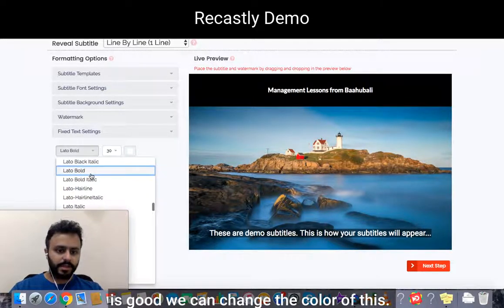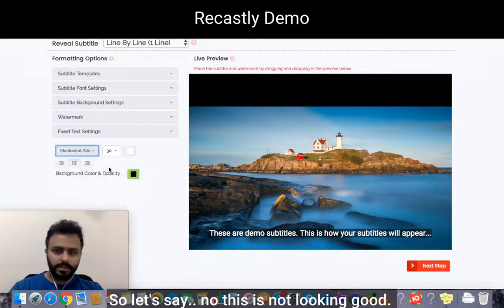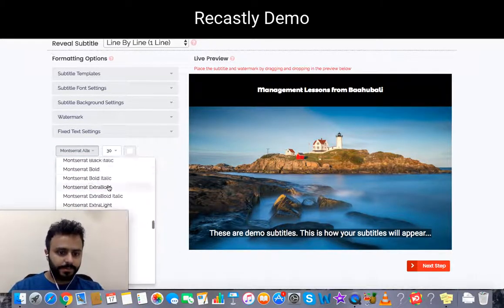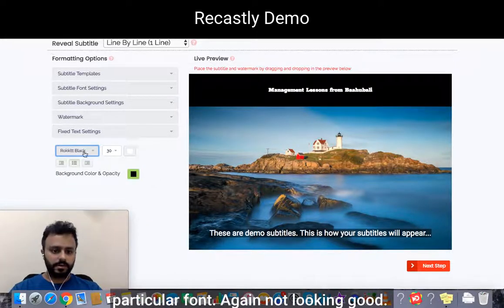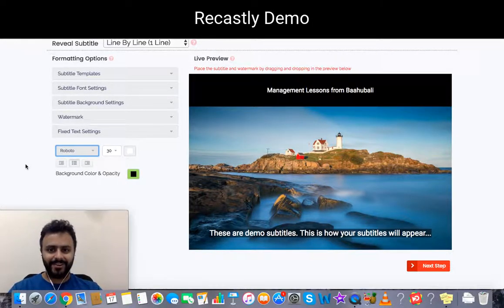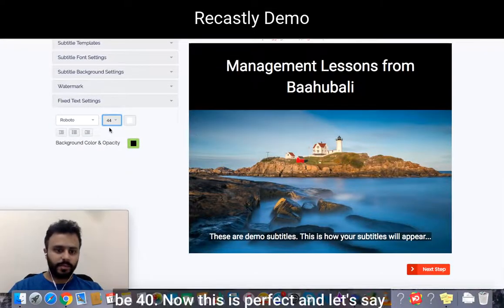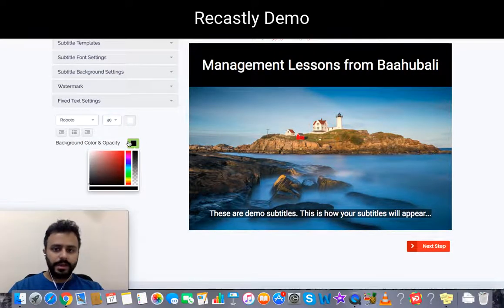We can change the color of this. So let's say, no, this is not looking good. Okay, so let's say we select this particular font. Again, not looking good. Yeah, this one is fine. And screen size to be 40. Now this is perfect. And let's say the color should be,